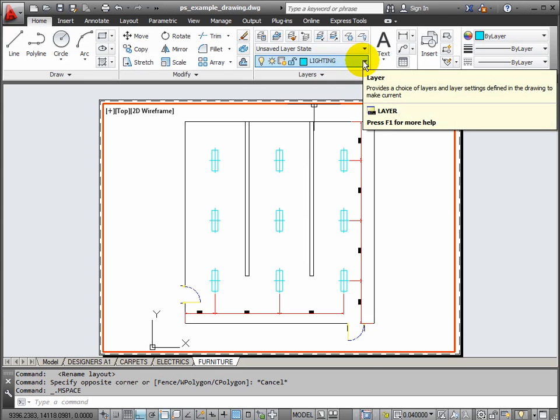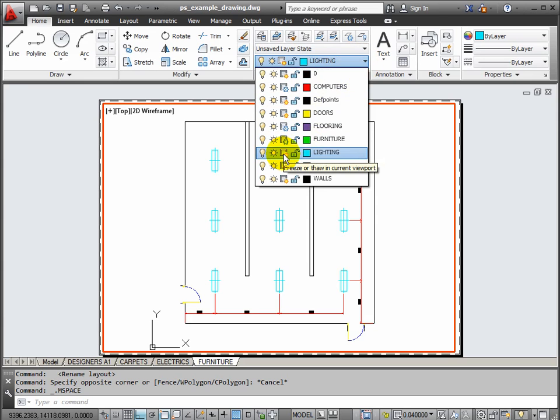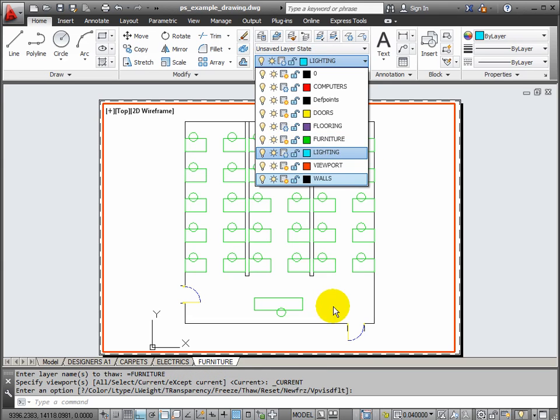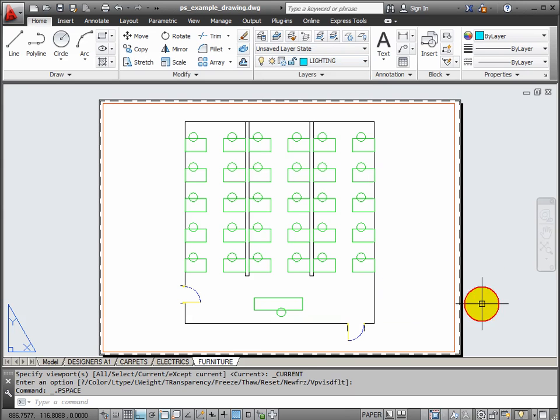And just a little swap over here now. We freeze the lighting, but bring back on the furniture, so he can count the desks and chairs that are needed in this room. And the final layout that's needed